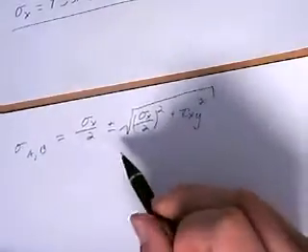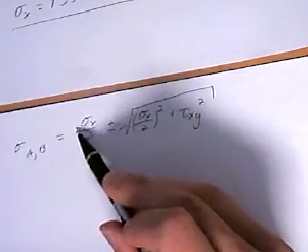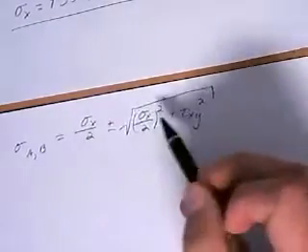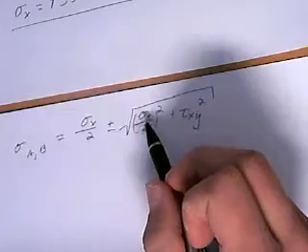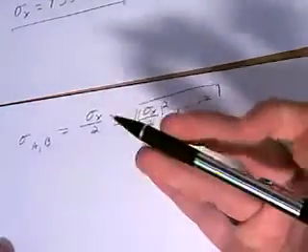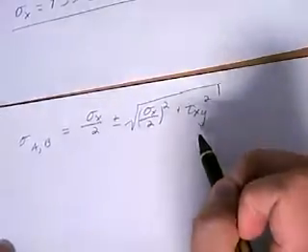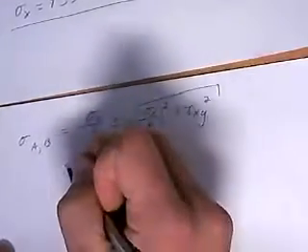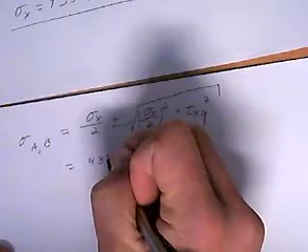So that's the basic principal stress equation. Normally this would be sigma x plus sigma y and sigma x minus sigma y. But since there is no stress in the y direction, we can cancel it out and ignore it. So it just reduces down to this, which makes it a lot easier for us. So then this is equal to